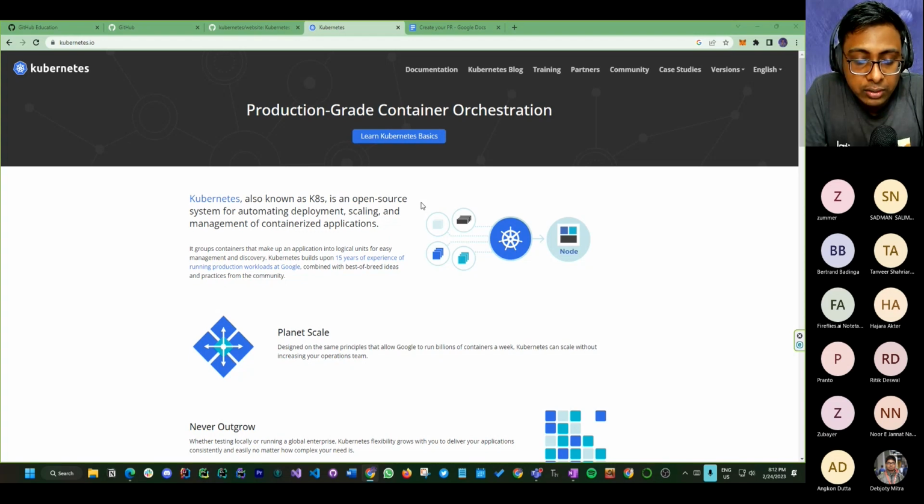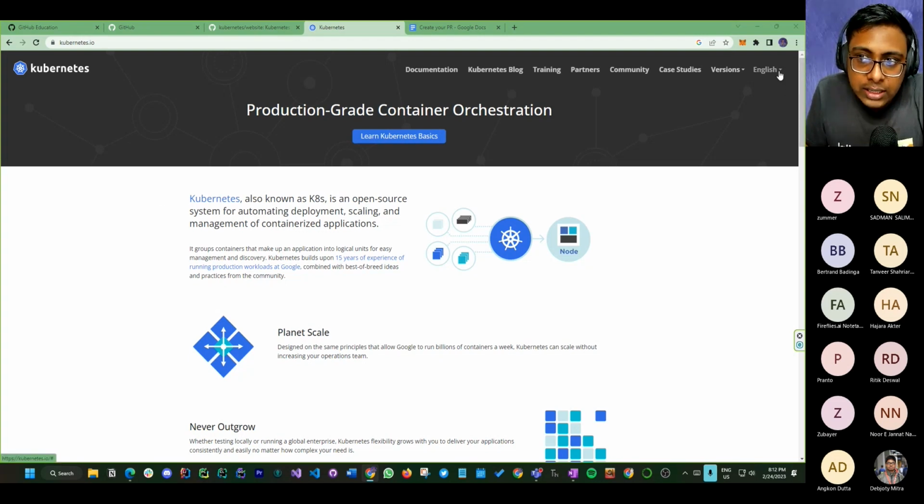If you go to Google or search for cloud services, Google has a cloud service based on Kubernetes, and AWS has one also. It is so famous that the biggest tech giants have created a service for Kubernetes management.